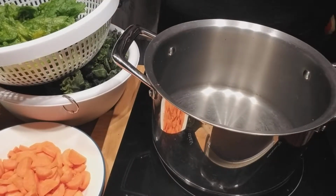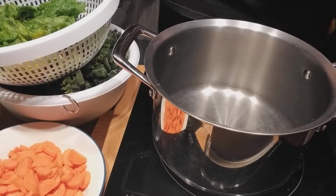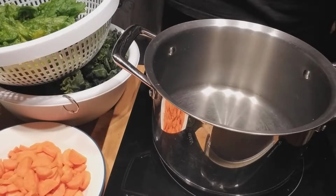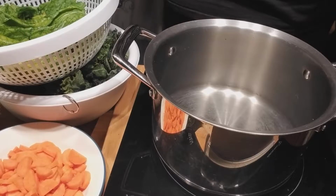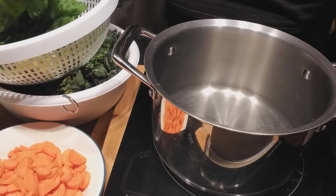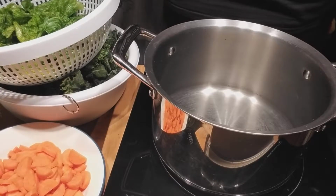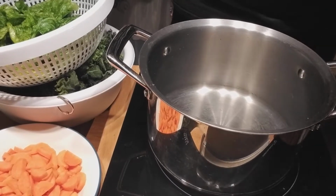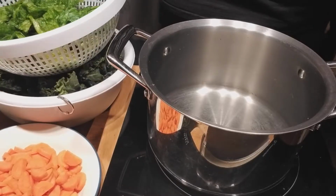Today's recipe is going to be a New Year's recipe. I'm going to be calling it New Year's Greens. I don't really know if people make regular greens or... I don't know. I'm going to be making New Year's greens. I don't know if it's new, if I just created it. I seriously doubt that. But for my greens recipe today, we're going to be having mustard greens and kale that